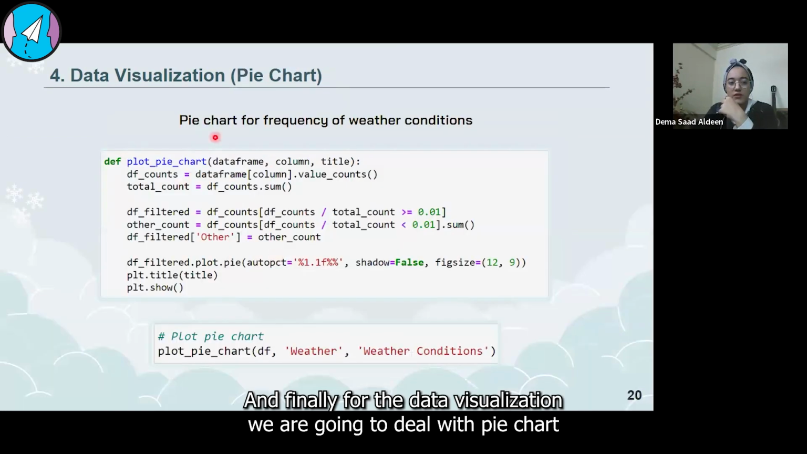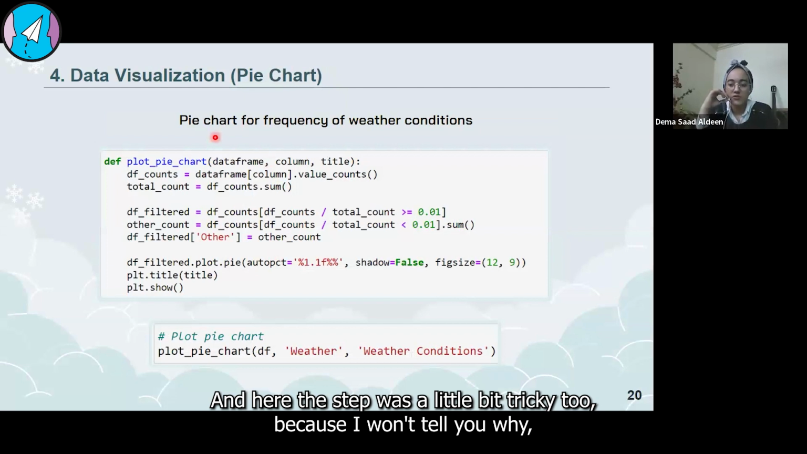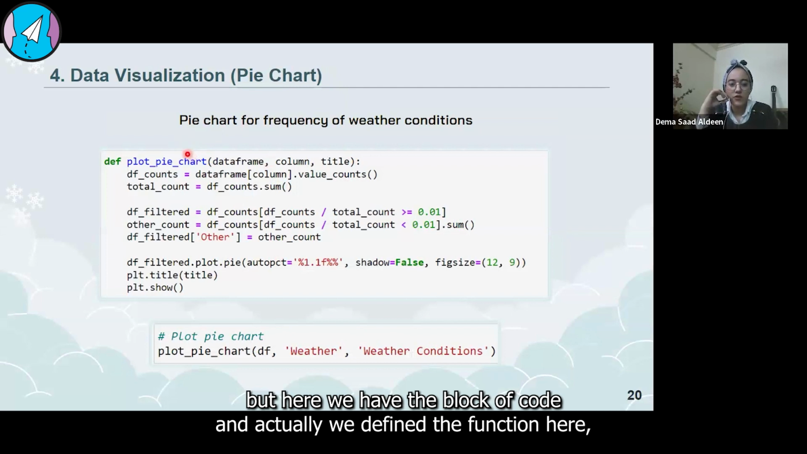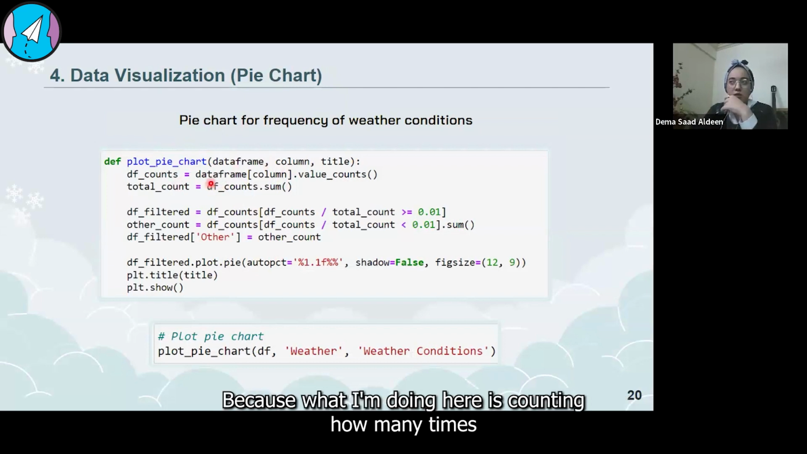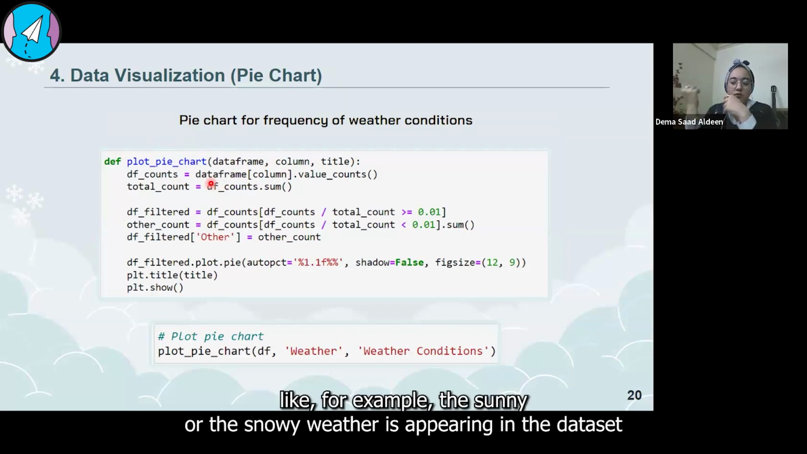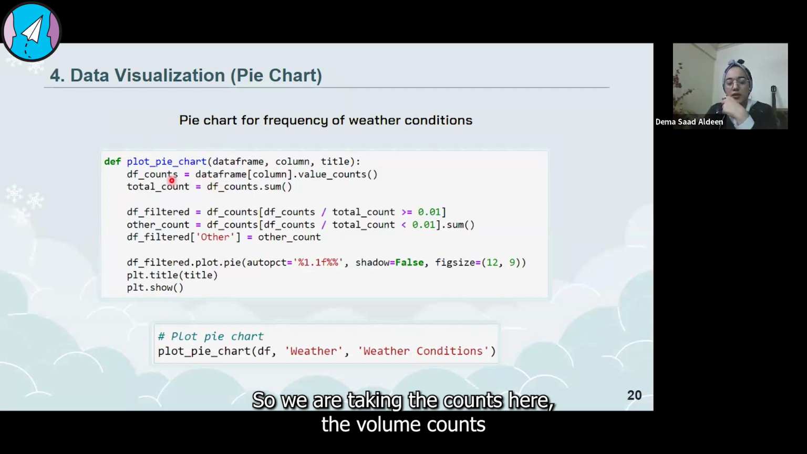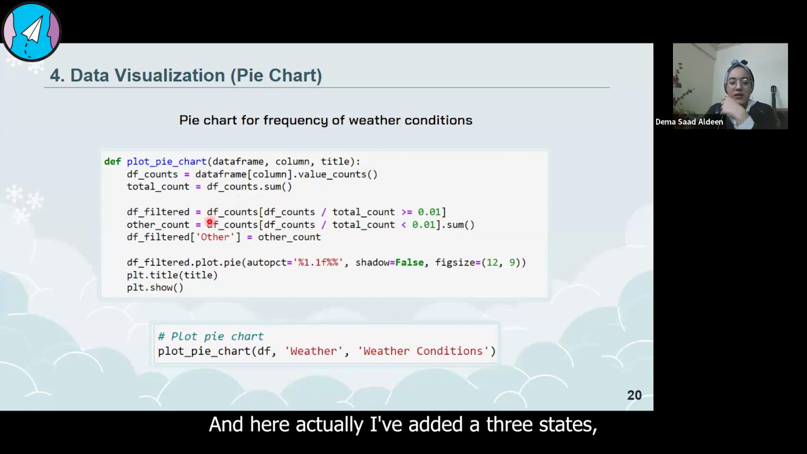And finally, for the data visualization, we are going to deal with the pie chart. And the step was a little bit tricky too, because I will tell you why. Here we have the block of code, and we define the function here: the data frame, column, and title, and the counts we are taking, because what I'm doing here is counting how many times, for example, the sunny or the snowy weather is appearing in the dataset. So we are taking the value counts, and then we are going to sum them, the sum of the counts. And here, actually, I've added